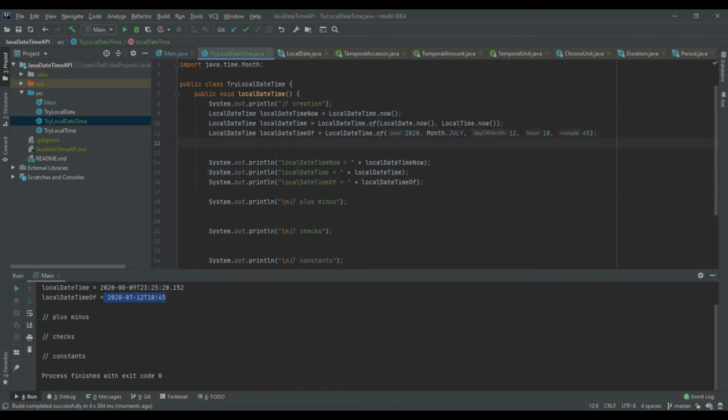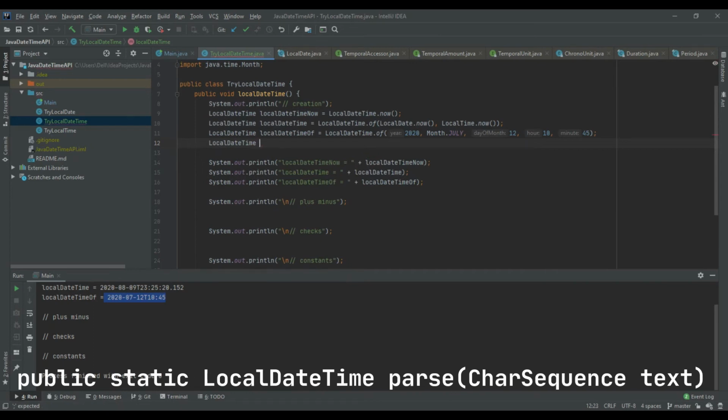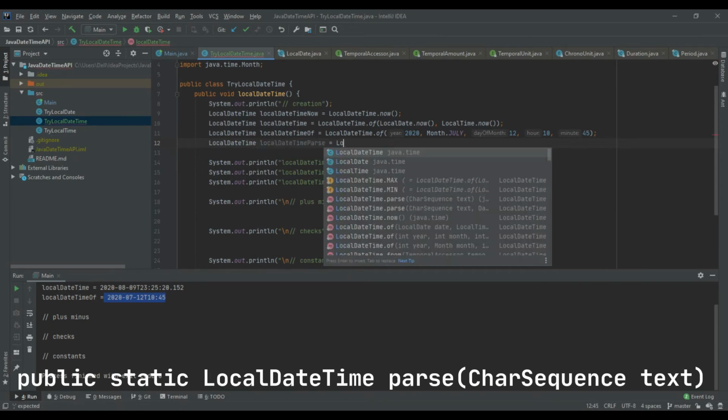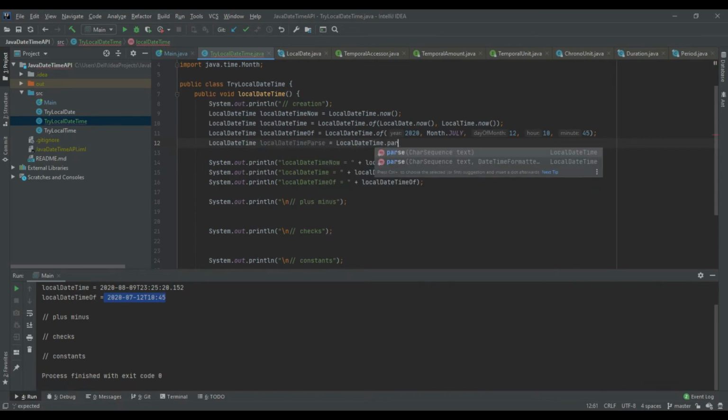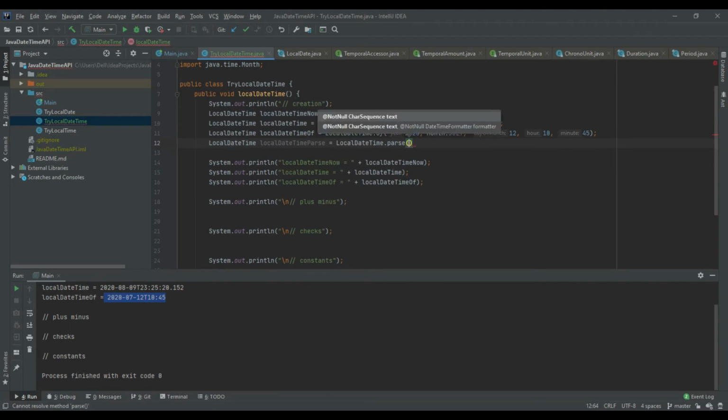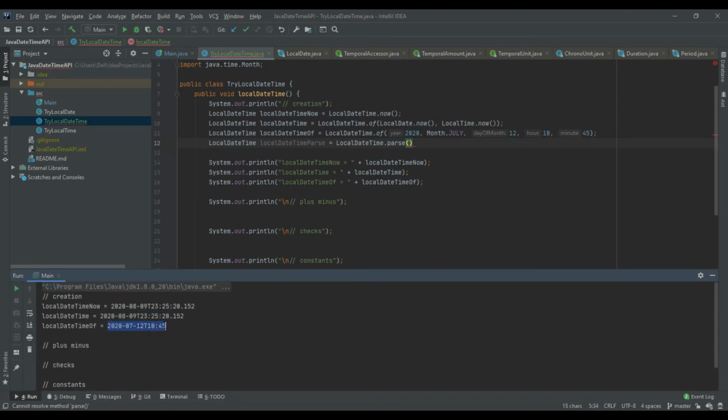Next, we have the parse method. Local date time dot parse, and in this case we need to give a character sequence. So let me copy this character sequence and make a change. So let me make it 8 and date to be 15.